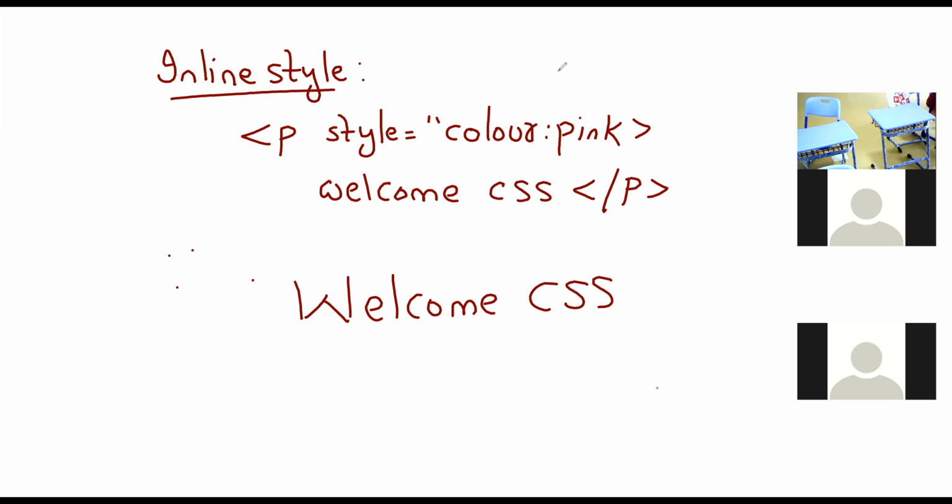This is only for one paragraph, right? If you have hundreds of paragraphs and you want to apply the same thing to them, what will you do? You have to copy and paste this style to all the 100 paragraphs, which is very difficult. This is only one color. If we have background and font also to change for those 100 paragraphs, it will be difficult, isn't it? So in inline style, we can select only one tag, one element.